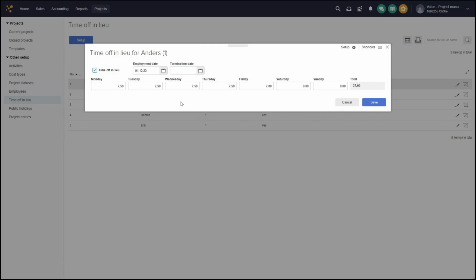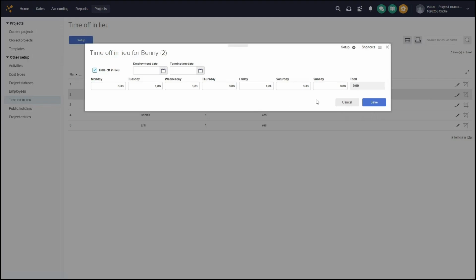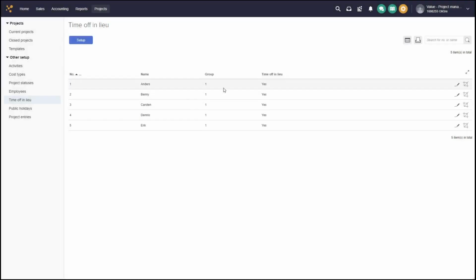So remember that you need to go to your employees and specify the hours you expect them to work in a week. Since we're using my employee Anas as an example, I have filled it out for him and not for all the other employees that I have created down here. But again, just press on the edit pencil if you would like to. But we just look at Anas in this